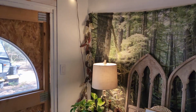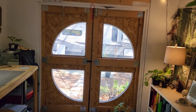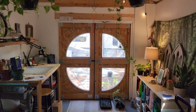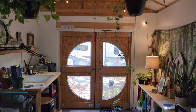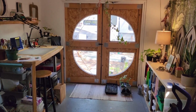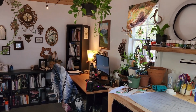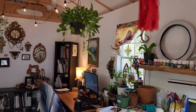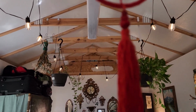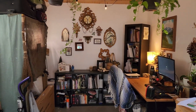There's still a lot of work that I have to do, like paint these doors and make the insides look nice, but overall I think I'm really happy with where I'm at so far and how much brighter my studio is now. Before, my studio was like this dark, dungeony goblin lair, and now with those windows, it's just never-ending sunlight. And I think I have plans to potentially put some stained glass in those windows, but we will see where that goes. I'm also still not sure what to do with the ceiling and the areas around the ceiling,